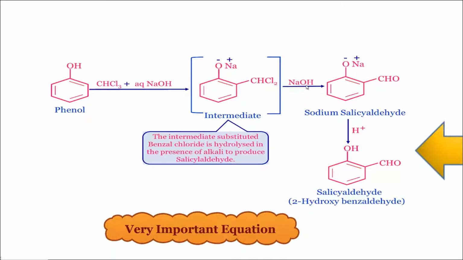So in that place, 2 OH will take an attachment. Instead of 2 Cl, now what do we have? 1 OH above, 1 OH below. So 2 OH will get attached, of which 1 molecule of water is eliminated immediately, resulting in the formation of sodium salt of salicylaldehyde. Now this is acidified further. Acidification is shown with H+, which results in the formation of salicylaldehyde, or its IUPAC name is